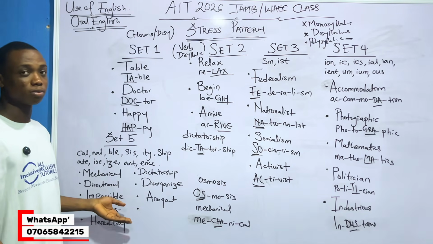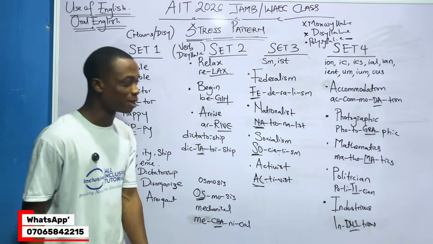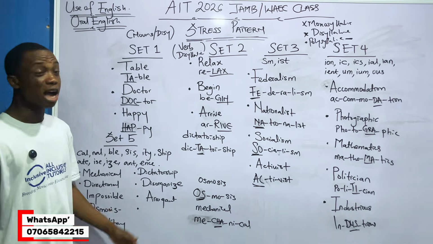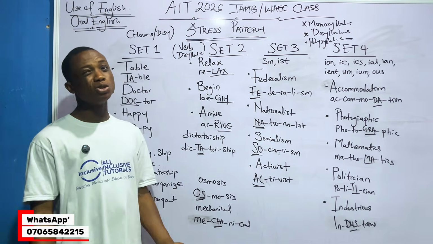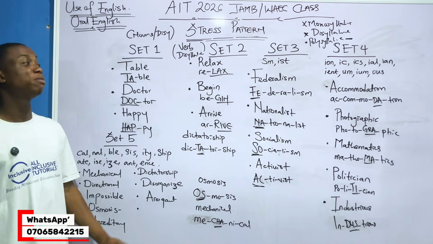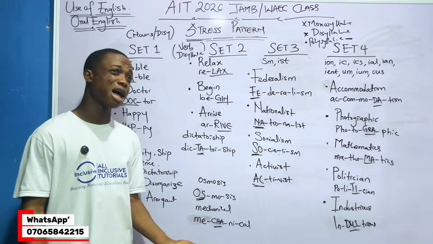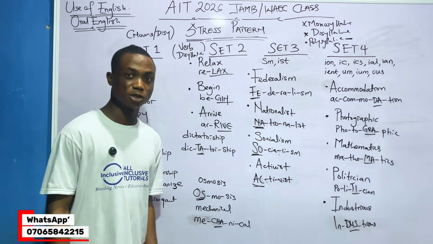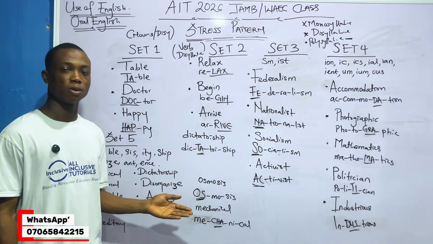Yes, we are done. Clap for me. So yeah, we are done with stress pattern, and we've covered all the possible areas that they will ask you questions. So like I said, it's oral English. Oral English should be at least 10 to 15 questions, and the majority of them will come from stress pattern. Maybe they just ask 1, 2 nouns, 2 pronouns under oral English, but the majority is from this place. You understand? So the only way to know it is to practice more.